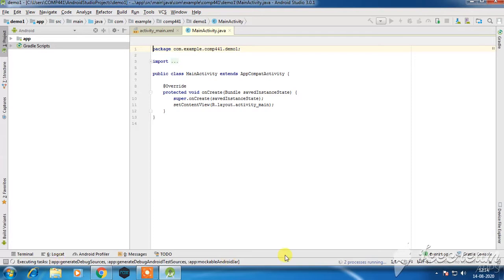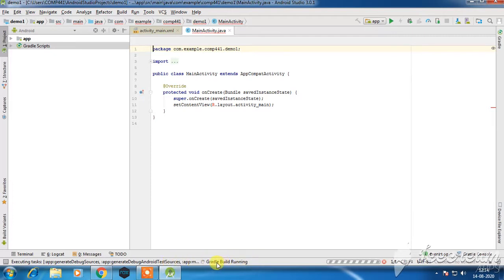Otherwise, if it throws you some kind of messages in red color, it means that the dependencies are not resolved and you have to install those dependencies. Whenever you are doing your coding in Android, please keep in mind that your computer should be connected to the internet, because in the background it is going to download on your behalf. It is going to download dependencies directly from the repository, the Android Studio repository.